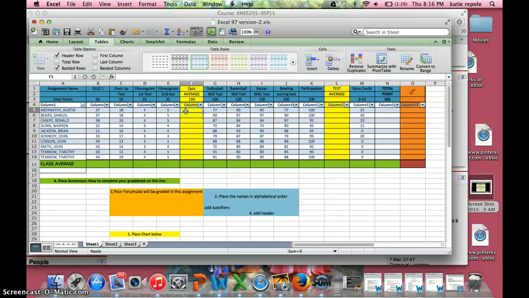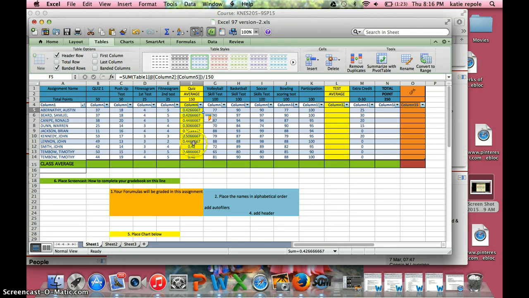So I'm going to click this box right here, and I'm going to go to this backwards looking E, which is how I add formulas. I'm going to go down and hit Sum. Now it's highlighted everything that I need, so I'm going to go ahead and click outside the parentheses, because in order to find an average you have to add up and then divide by the total. I'm going to hit this little divide sign and hit 150. Hit enter. As you can see, it got all of my averages, but they're in decimal places,